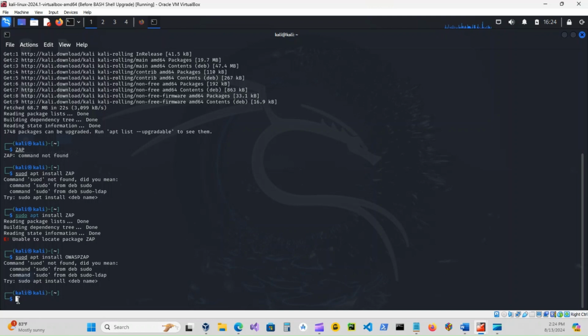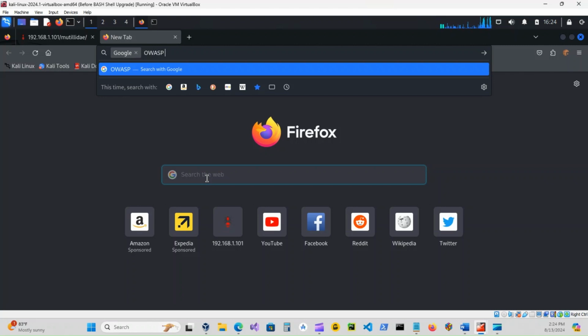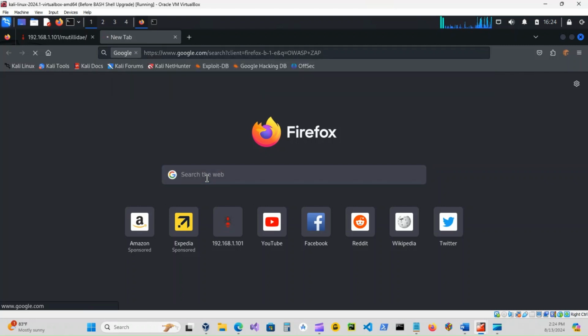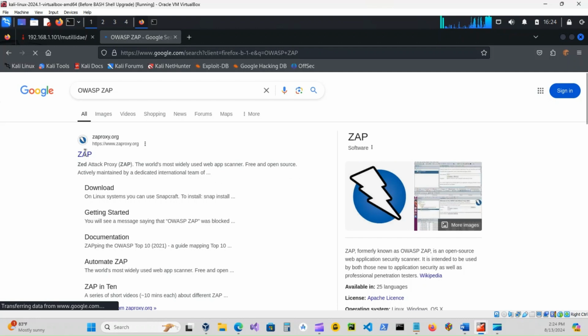First, open up your browser and go to google.com and search for OWASP space zap and then press enter. Click on the first link which says zap. The URL is zapproxy.org. From here, on the upper right corner, click the download button and under Linux installer, click on download and wait for the download to get finished. After my file has downloaded,